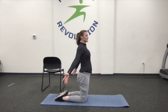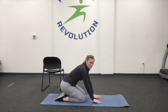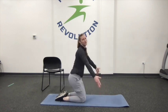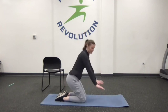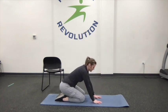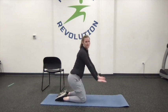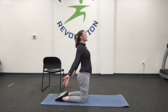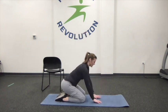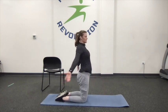3, we're going very slow with it. So try and activate those right muscles. We don't want that momentum doing it. 4, should feel a good stretch in the chest too for super tight. Up. 5, down, up. 6, really bring those arms back. Get that posture up. 7,